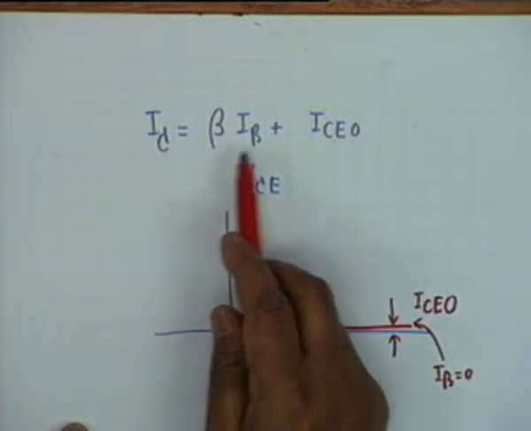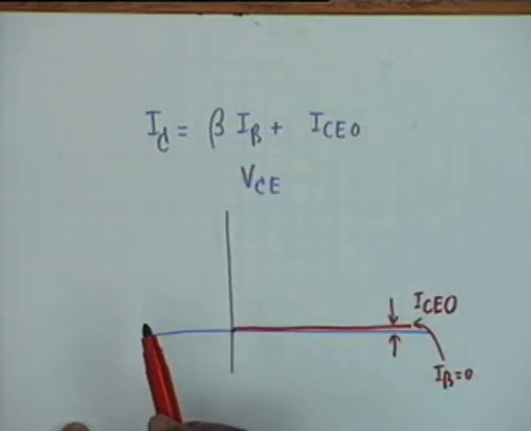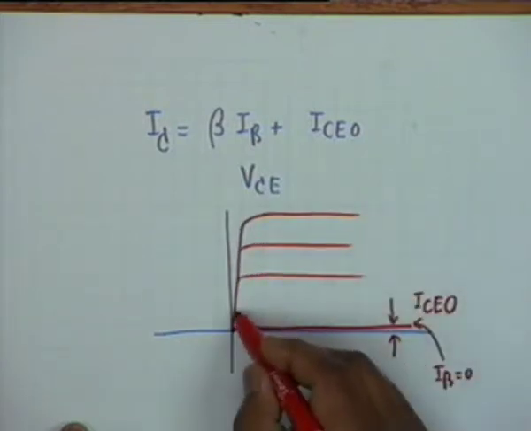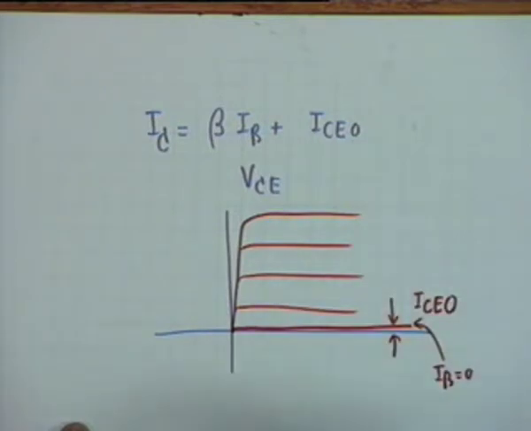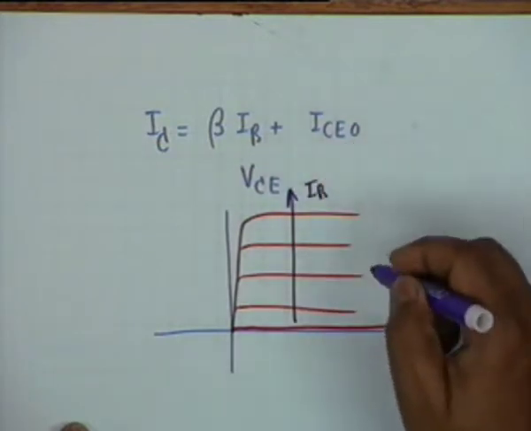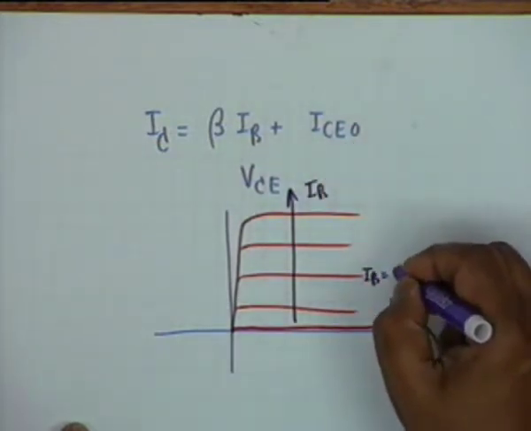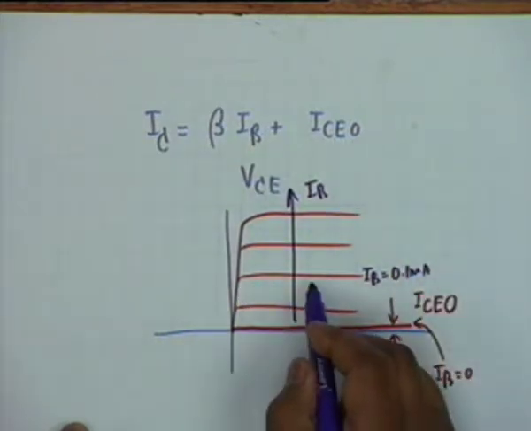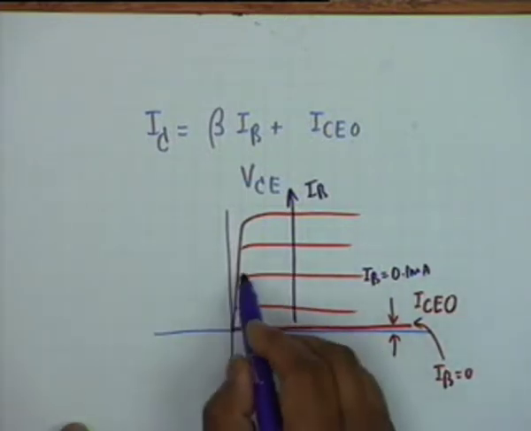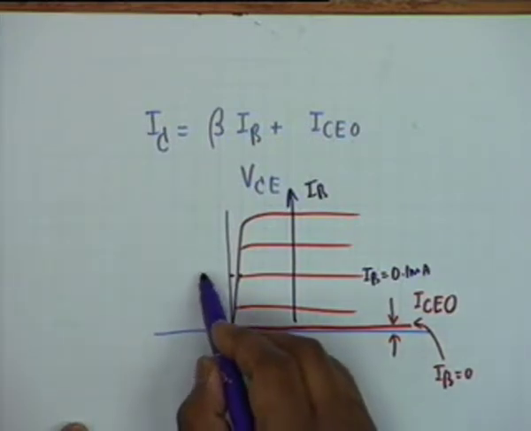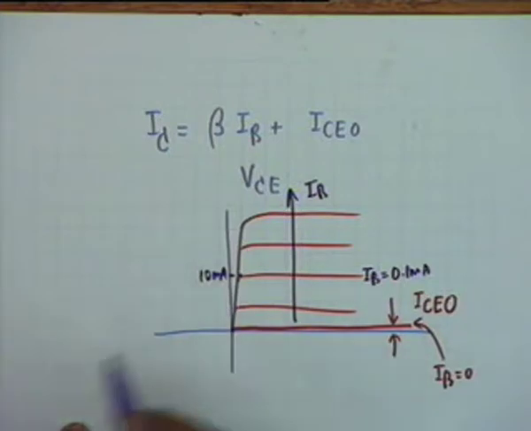Is that clear? Because I_CO is a constant, as we go ahead we shall have curves like this, each of them representing a certain value of I_B, and I_B is increasing in this direction. Suppose I_B is equal to, let's say, 0.1 milliampere. For a particular curve there is a certain value of I_B, and suppose this curve when extended on the left meets this at, let's say, 10 milliampere. Suppose, can you say approximately what beta is?